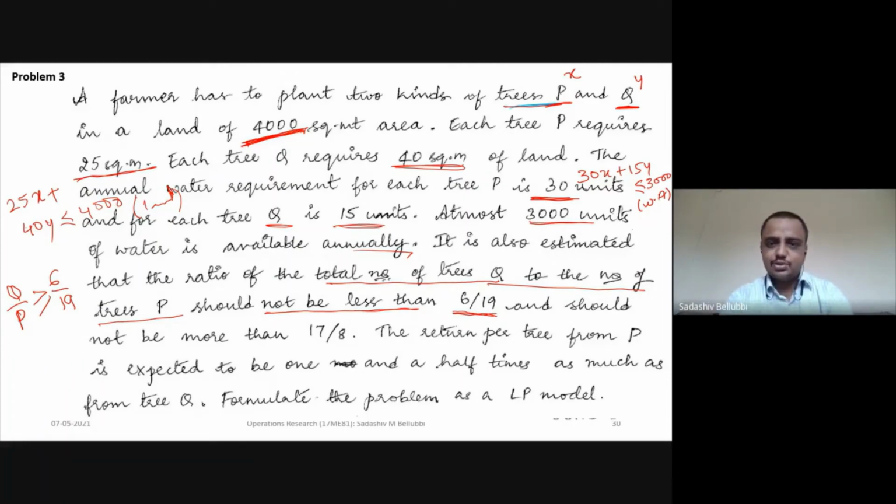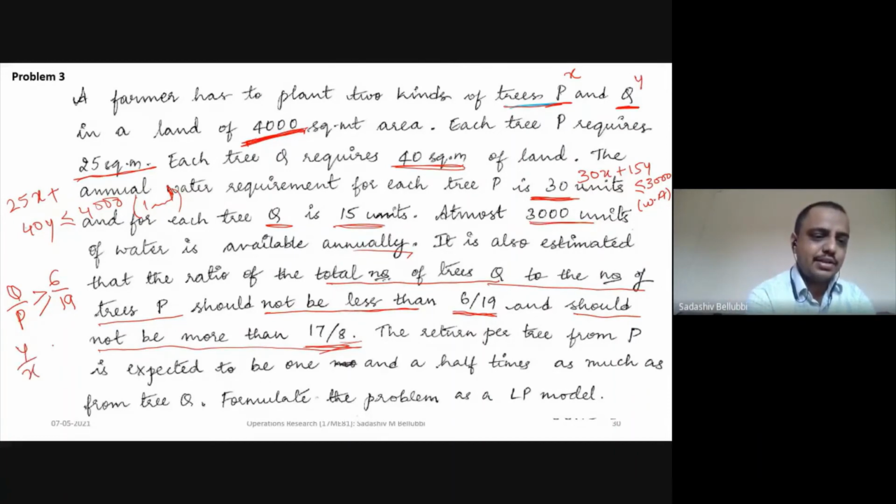Okay, next, there is one more statement, that it should not be more than 17/8. Should not be more than, in the sense it should be lesser than. So in that case we can take Y by X should be lesser than or equal to 17/8. So they have not given the number of P type of trees or the number of Q type of trees, but instead they have given the range. So the ratio of the number of Q type of trees to the P type of trees should be in between